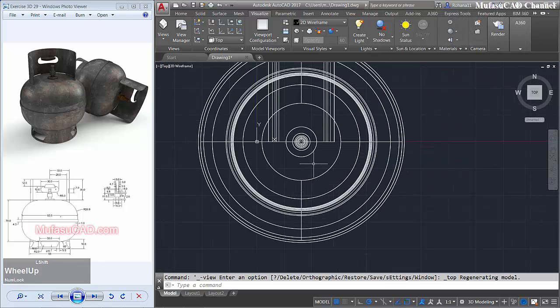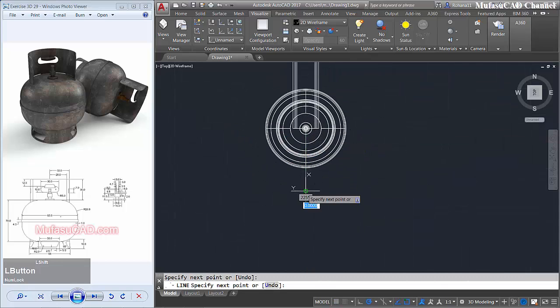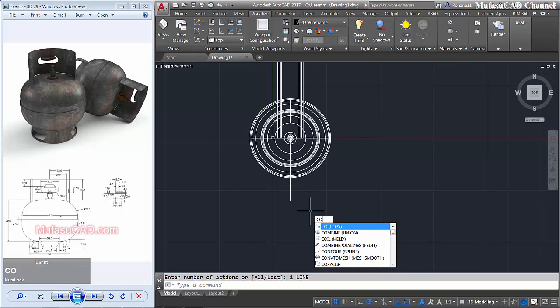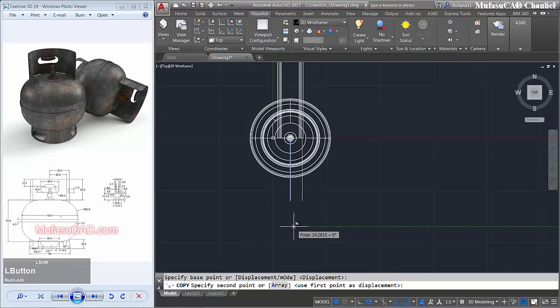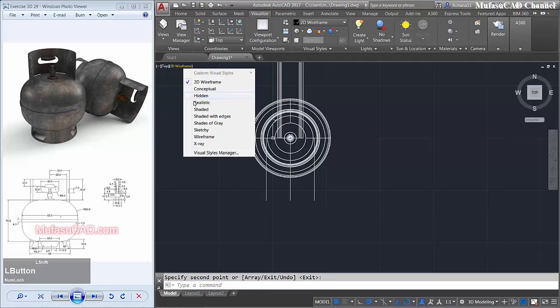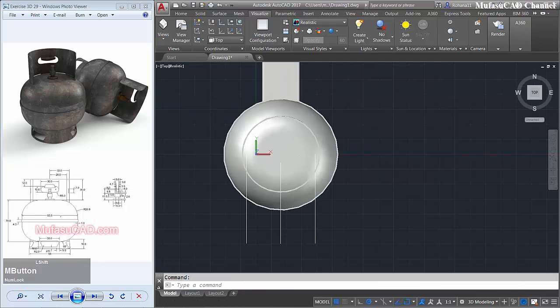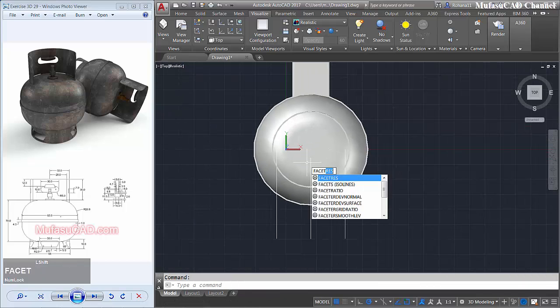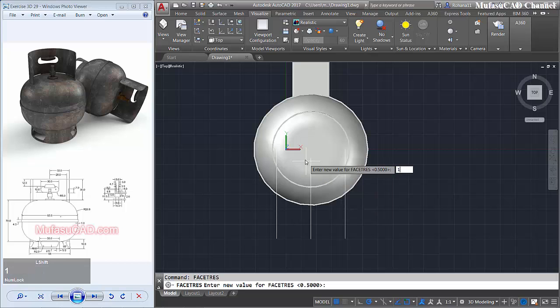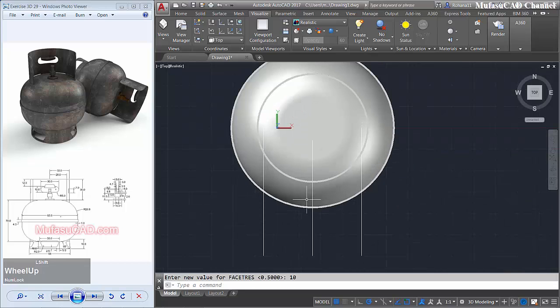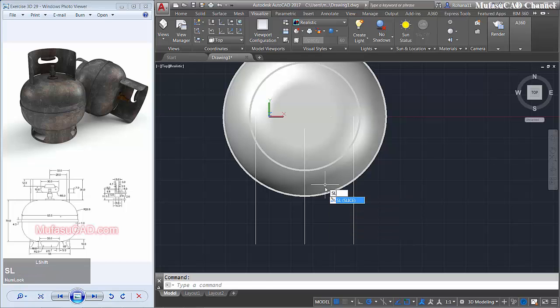I will create a line starting from this center point to the bottom here. Copy this line object to the right 28, to the left 28, and I will change into realistic view. We change face trace into 10 to make it look smoother, and I will slice this object starting from this point to here.